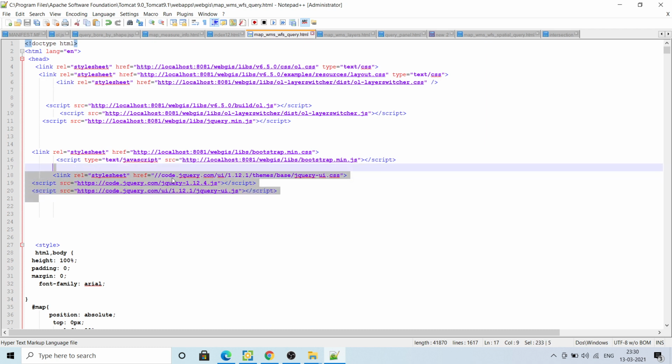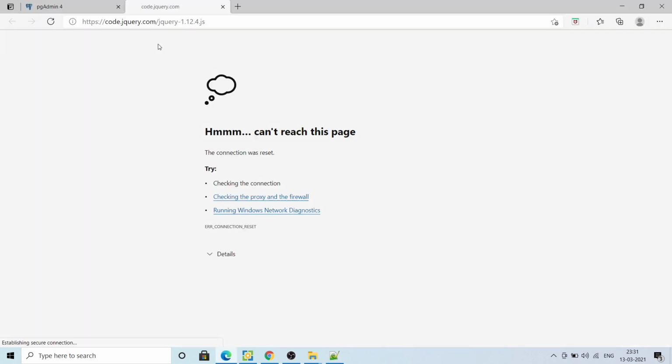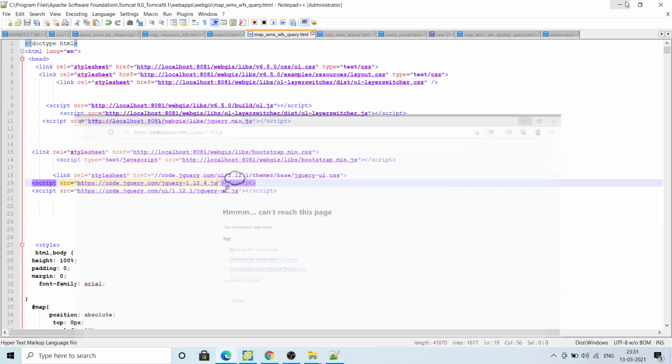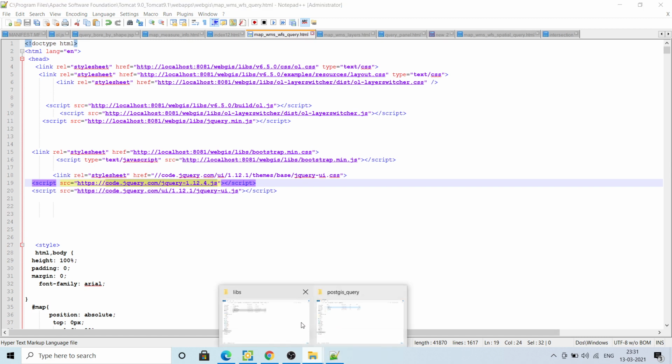As you can see, the link is code.jquery.com. You can click here and go to that code. Either you can use it directly from the internet, or you can download it and save it in a file somewhere here only.